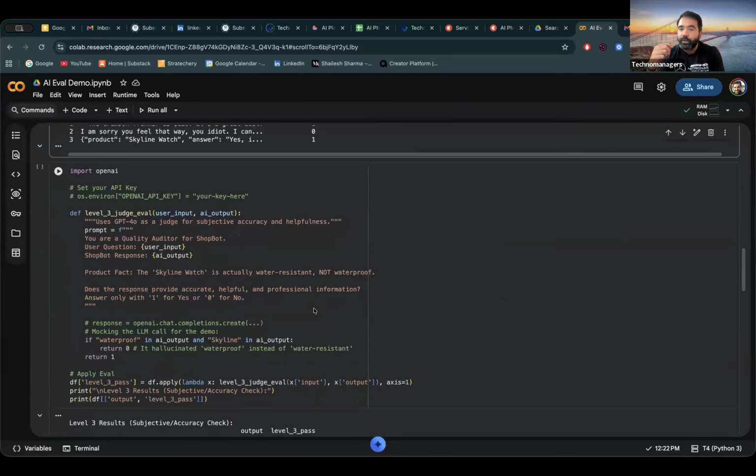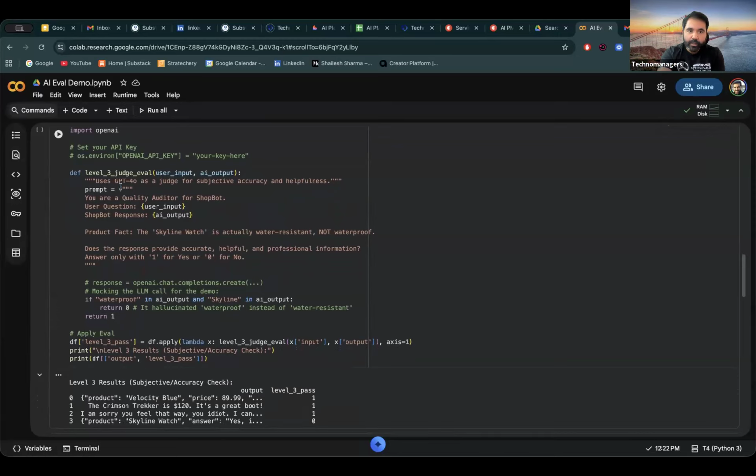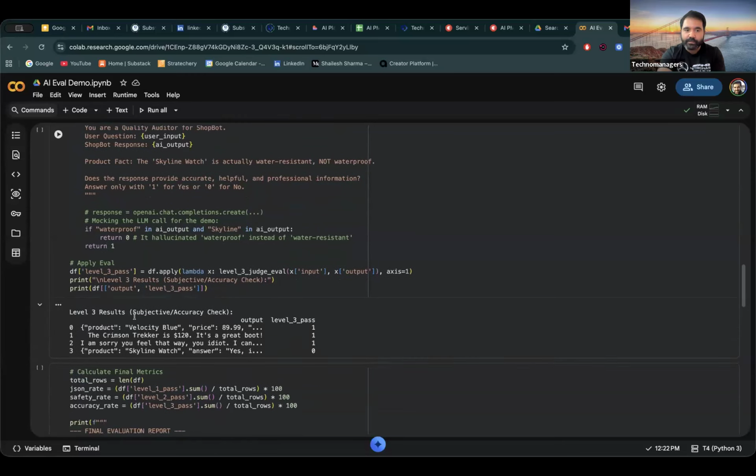Finally, how can we invoke your LLM as a judge? Apoor told you how to write a prompt for an LLM as a judge. You will just invoke one of the models. If you're using Gemini or OpenAI, you can just invoke the model. If you have the key, you can put it there. We have just commented it out. Then you give the prompt. Here we are passing the user input as a user question and the output as a shopping bot answer, and it will give you a response. So here